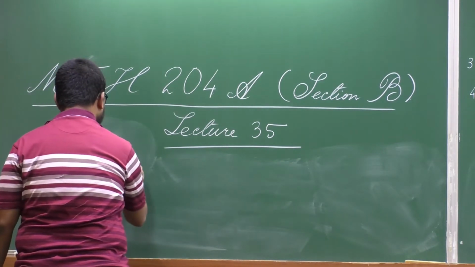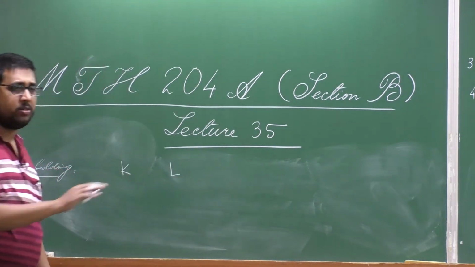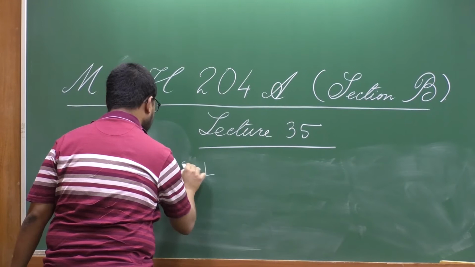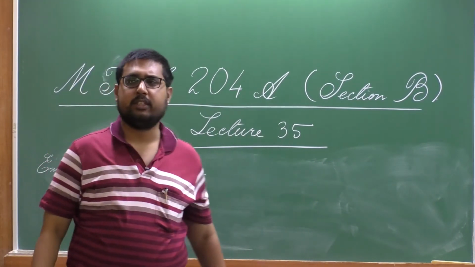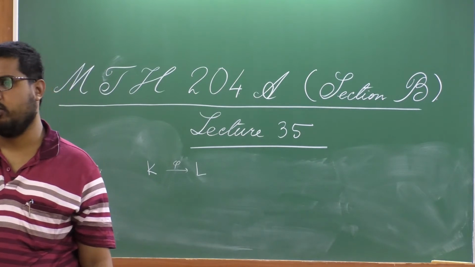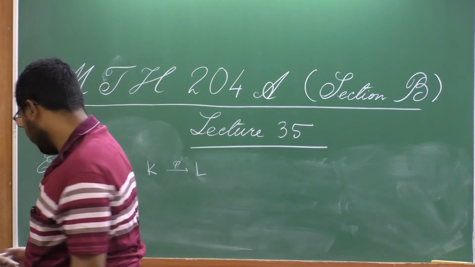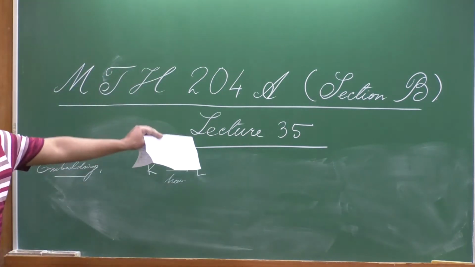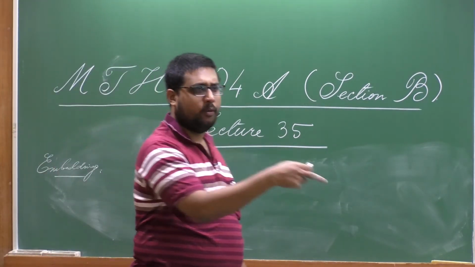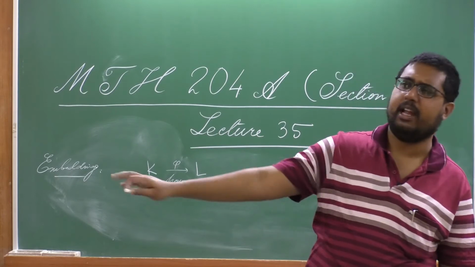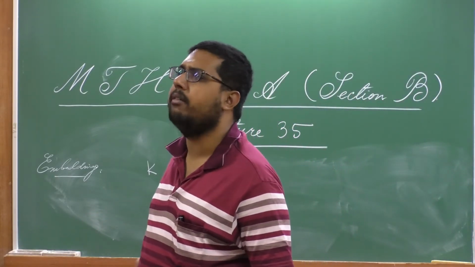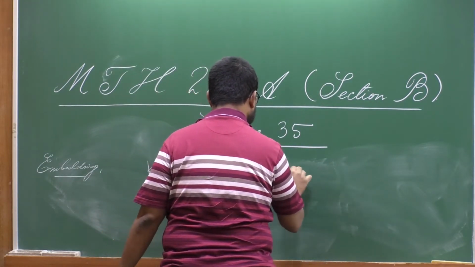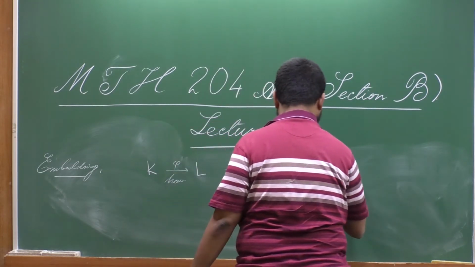So, suppose we are given two fields K and L. Here also I do not need to actually assume that these are subfields of C, just two fields, and let phi be a homomorphism from K to L. Since K is a field, the kernel of phi, being an ideal of a field, has exactly two options: either it is trivial or it is the whole of K. The whole of K would force 1 to go to 0, but in a field we deliberately assume that 1 is not equal to 0. Therefore, this forces the kernel of phi to be trivial,